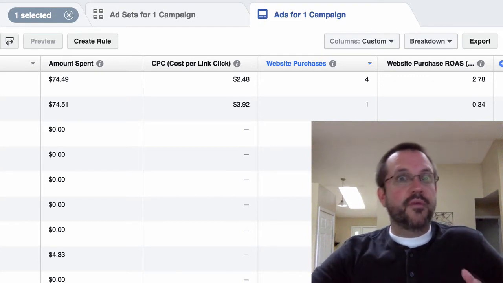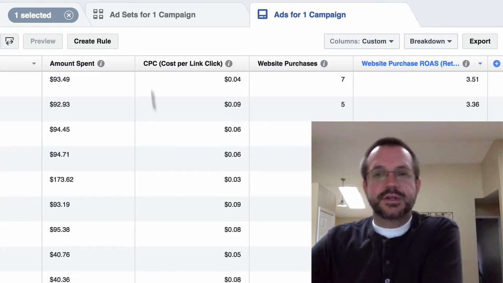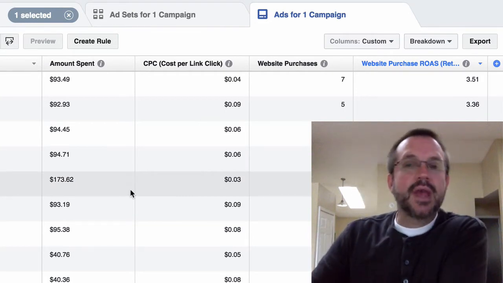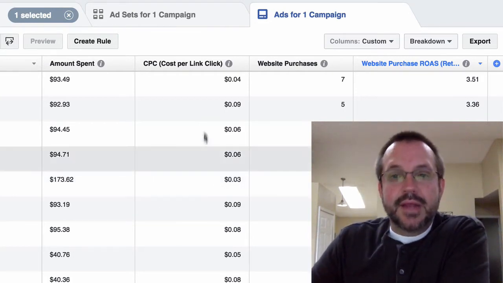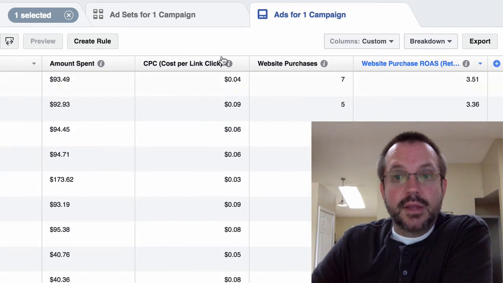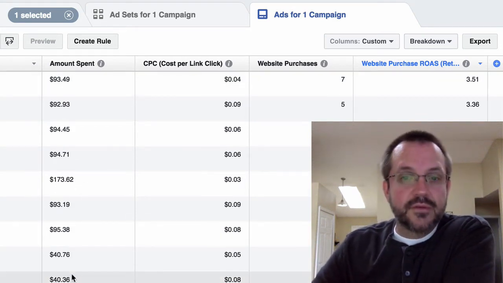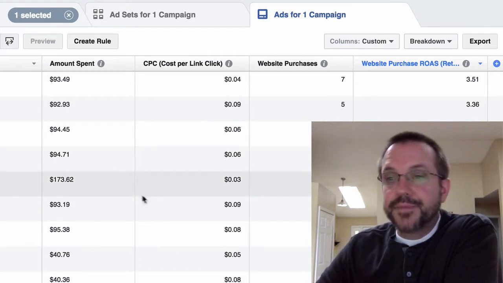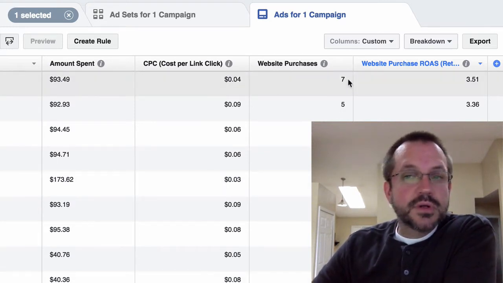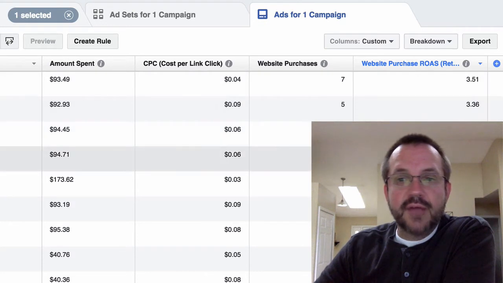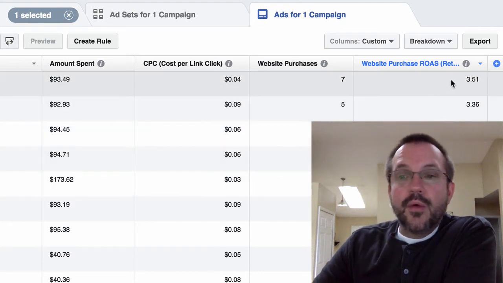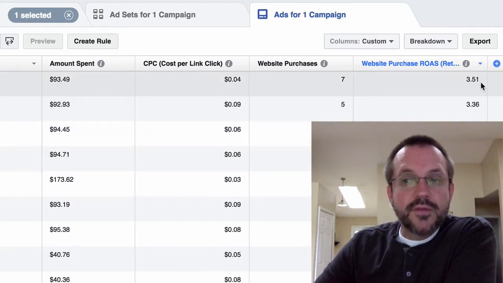So this was kind of like the before. And then here's some of the after stuff. Now, again, I can't show you the ad. I will tell you what's in this ad that got the cost per click, link click, down to 5 cents overall across the board. And again, this is just the past 7 days as well, so about $900 in spend. 7 purchases here from this ad, 5, 5, 6, 4, 3, and so on. With a 3.5 return on this one, a 3.3,